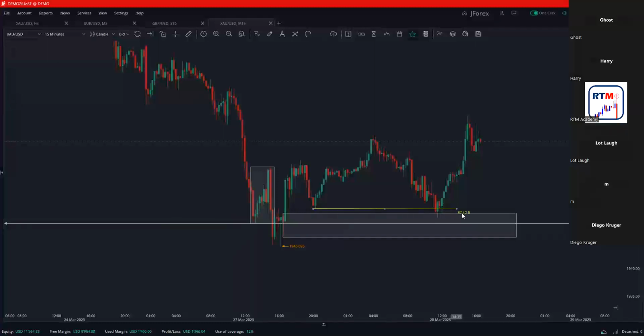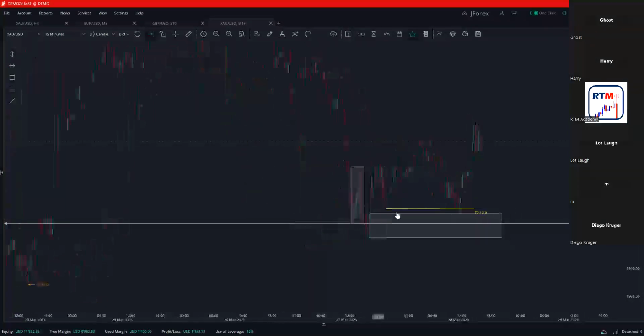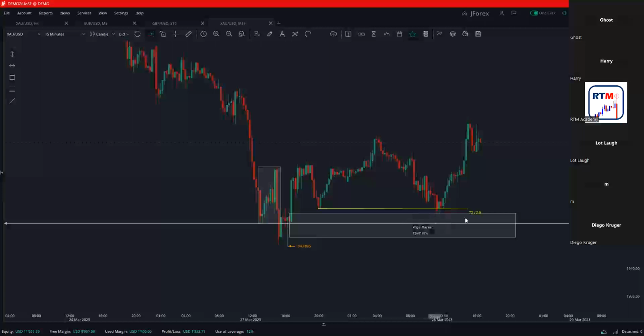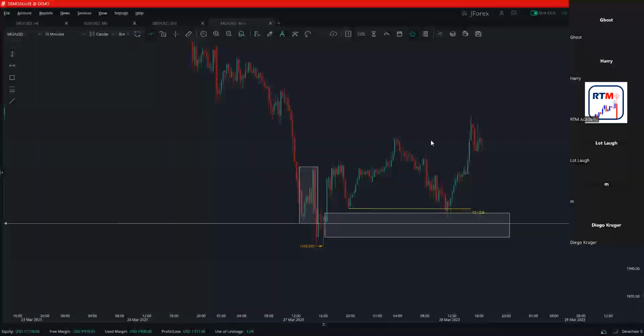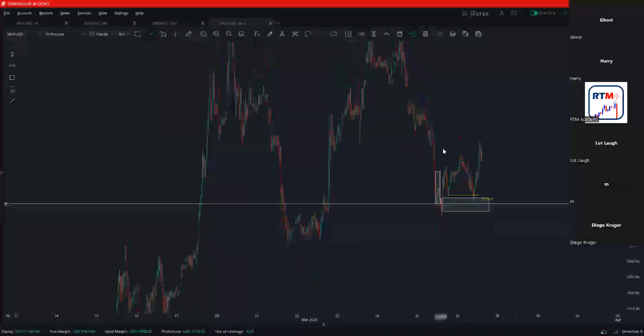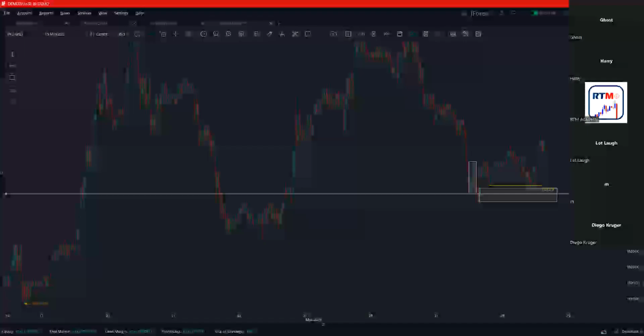And we have some sort of inducement. This will be where people will put their stop losses, right? This is called inducement. You can be pretty sure that there will be a reaction here. If you take trades that make sense like this, you obviously